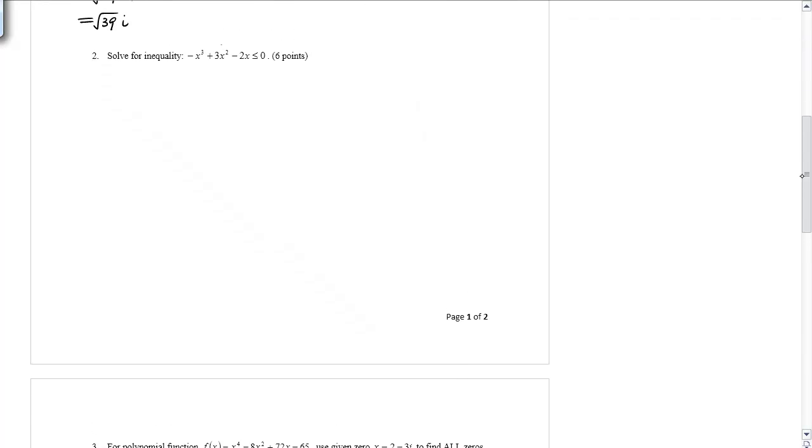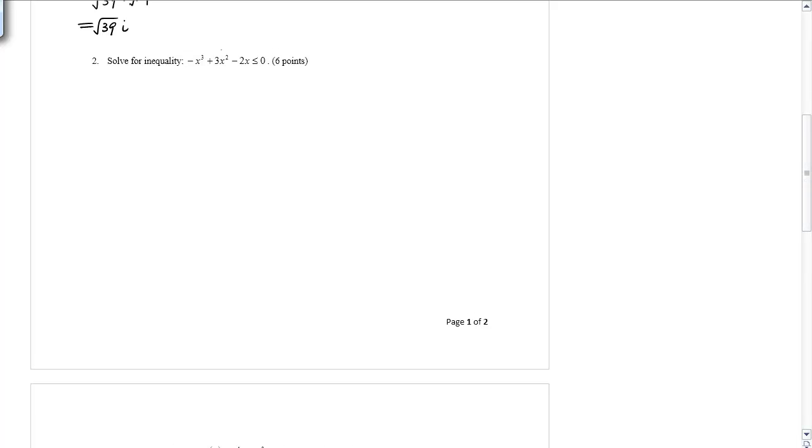Next problem, to solve the inequality of this expression, this problem right here. On the left hand side we have a third degree polynomial expression, and we're going to use the graphical method to solve this inequality, which means that we're going to graph the left hand side, f(x) equals negative x to the third power plus 3x squared minus 2x, and this equals, pulling out the negative sign first, negative x to the third power minus 3x squared plus 2x,